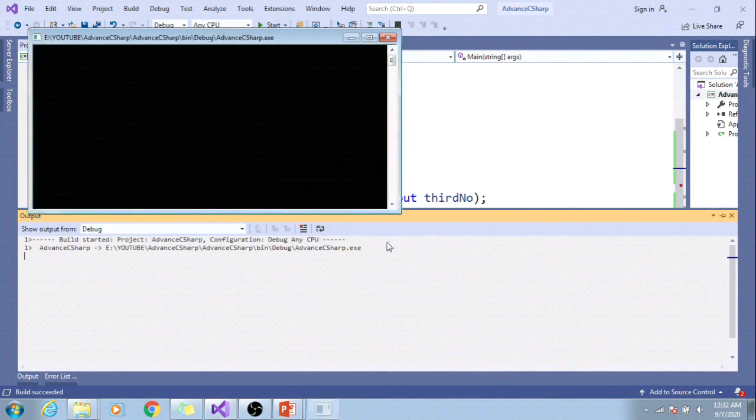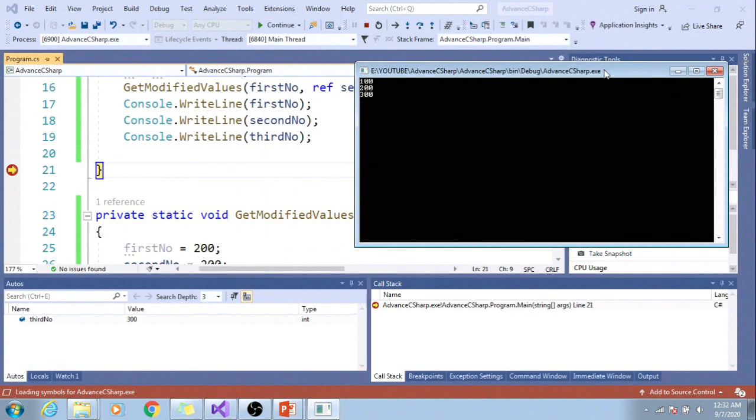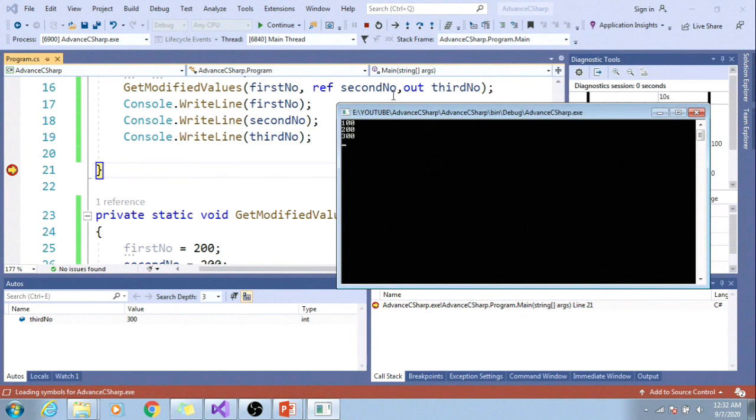Let's run the application, and here we see the output. In the first scenario, the parameter was passed as a val, it didn't change the value. In case of the second parameter, where I had passed the variable using ref, its value got changed. In the third parameter, its value got changed.